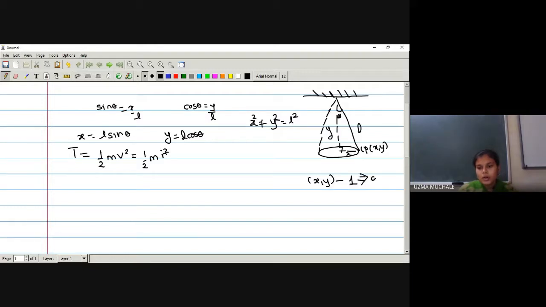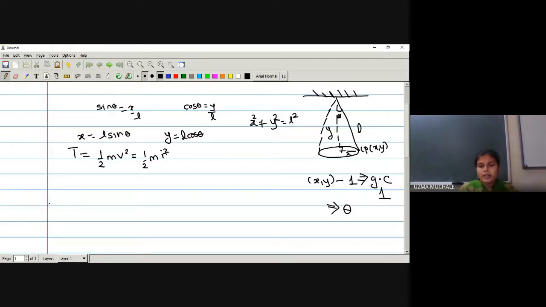So how many independent coordinates are we going to get? The generalized coordinate is only one. Have you understood up to this? Because in total we have two Cartesian coordinates and one restriction. What is that restriction? X square plus y square is equal to L square. That is called a constraint equation or geometric restriction. Hence the total generalized coordinate we require is 1. And that generalized coordinate is denoted by the angle theta.